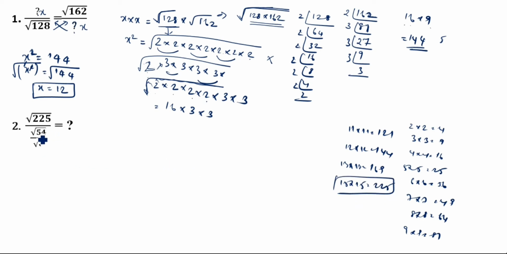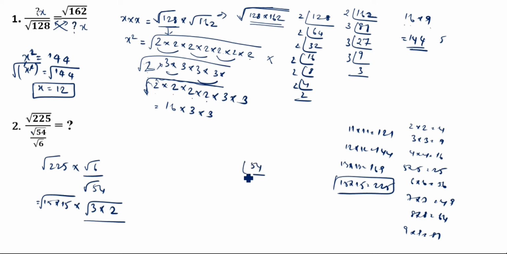So you see here in this, the denominator given is root of 54 by root of 6. So in this, how will we write? Root of 225 into root 6 by root 54. You have to write in this way. After that, 225 is 15 into 15 under root, into 6, which is 3 into 2, 6. Here 54 is,